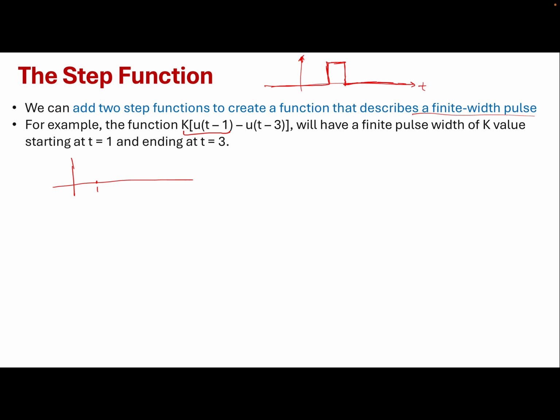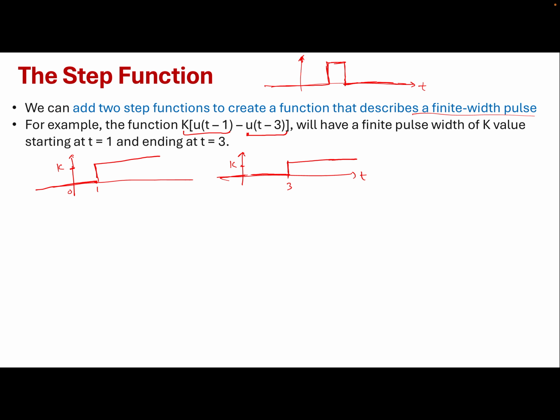So it is starting at 1, 0, and k, right? It was 0 all the way, and then it was 1 all the way. And then you have another function, k t, which is starting at 3, right? And it was 0 all the way, and then it is starting at 3. Okay. So based on these two functions, k of u t minus 1 and k of u 2 t minus